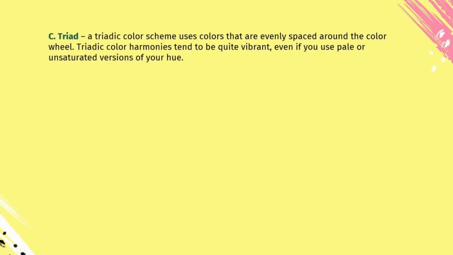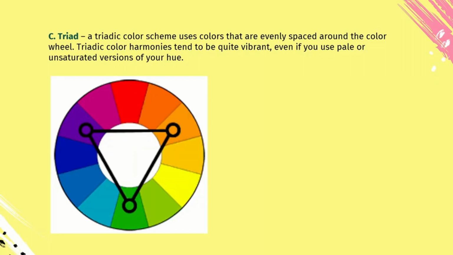The last is letter C, triad. A triadic color scheme uses colors that are evenly spaced around the color wheel. Triadic color harmonies tend to be quite vibrant, even if you use pale or unsaturated versions of your hue. So in this given picture, we have the